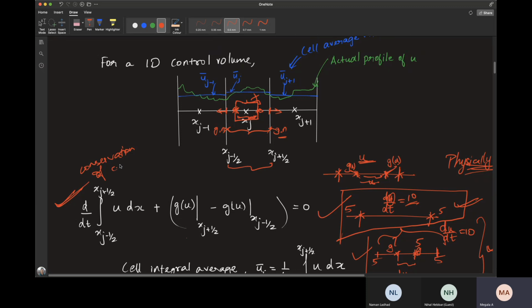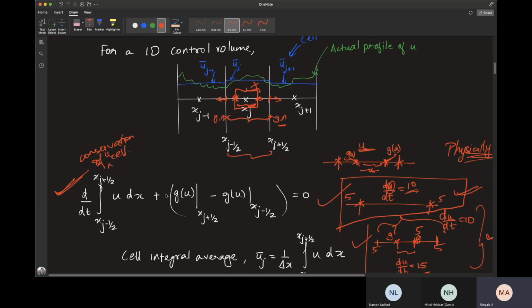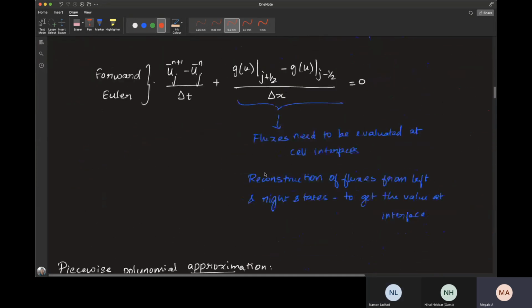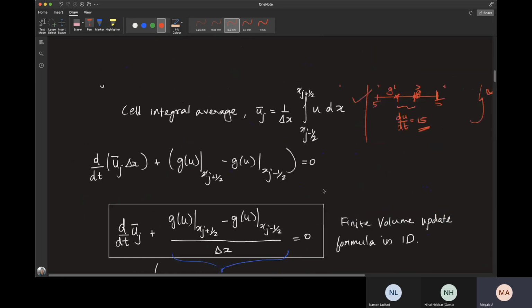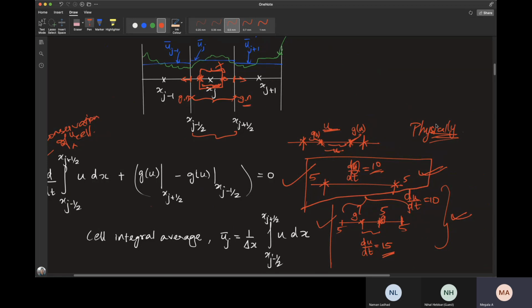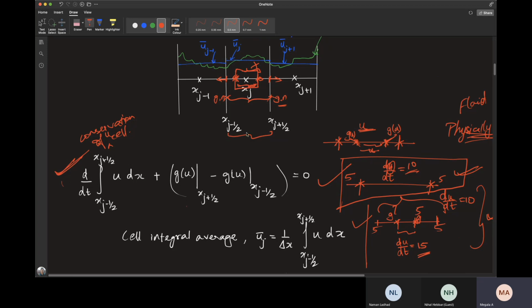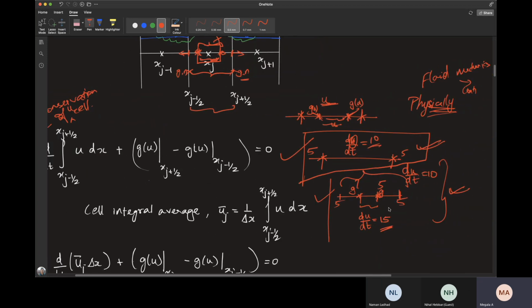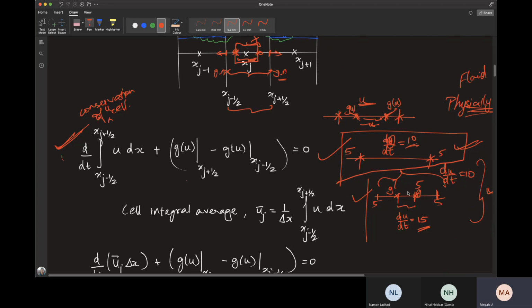So we started with conservation of u inside a cell. Because of this starting point, we have conservation at some bigger regions as well, because of this telescopic collapsing. But in some smaller regions, we may not have it. Physically, from the physical point of view, we will always have it. In fluid mechanics, we have conservation at any small point, up to the continuum level. But this equation only ensures conservation in this cell, and it doesn't ensure conservation at a smaller scale. If we need it for a smaller cell, then we need to start from that point.